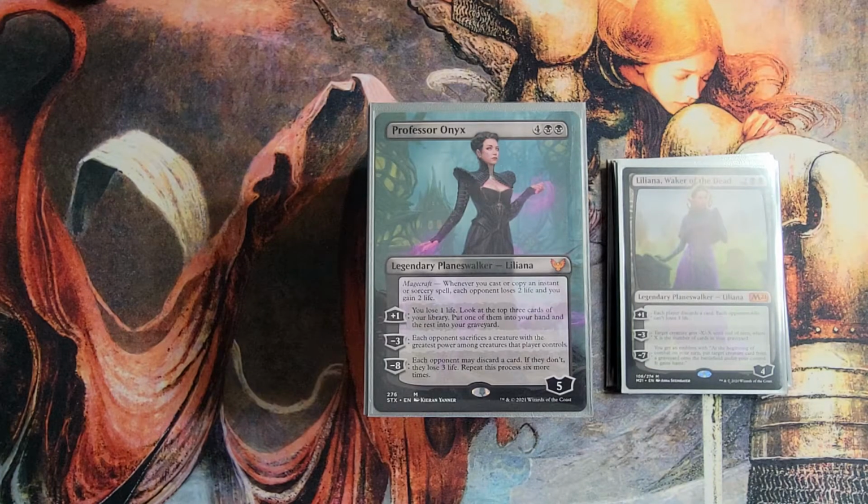+1, you can lose 1 life and look at the top 3 cards of your library. Put 1 in your hand and the rest in your graveyard. So kind of a tutor effect, only for the top 3 cards. Still powerful, lets you cycle, lets you get cards in the graveyard, so very beneficial in this deck with the zombies and the recursion. You can make opponents sacrifice a creature with the greatest power among creatures they control for the -3. And then her emblem, her ultimate: